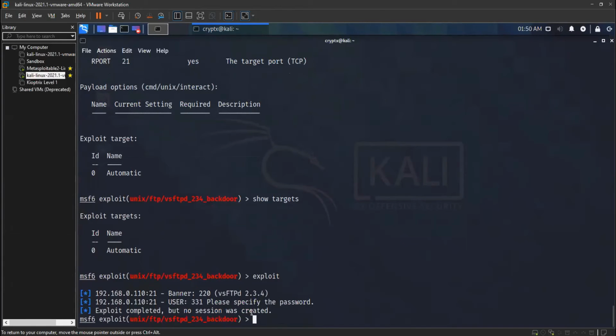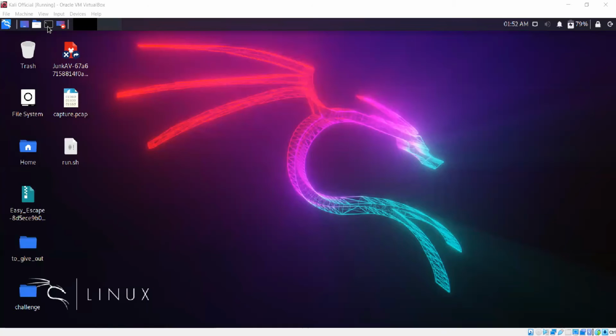Yeah, so now the exploit completed, but no session was created, so G will go over that. What I just showed you is basically what we'll be doing. But if any of you face this error, no session was created, please DM us, because it happens often with the Metasploit framework. Sometimes it's random, sometimes it's because of the payload. But here we use the correct payload, still we got the error. So if any of you face this error, DM us. We'll try to figure it out.